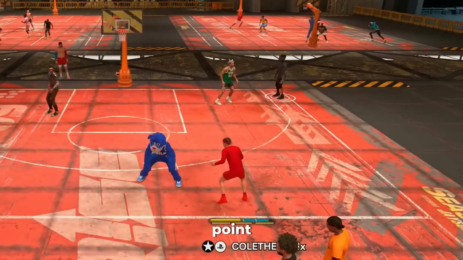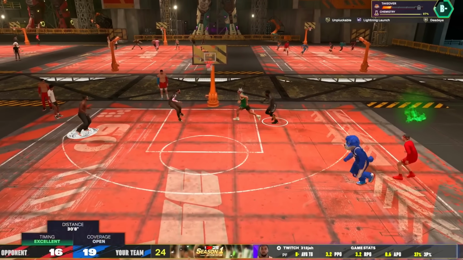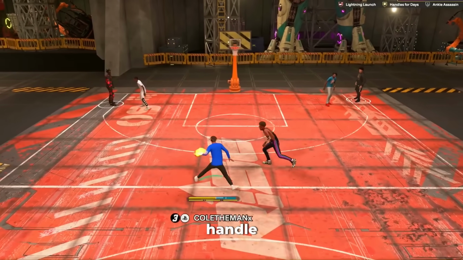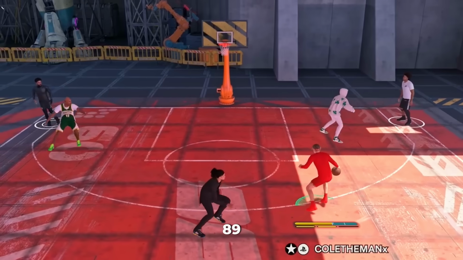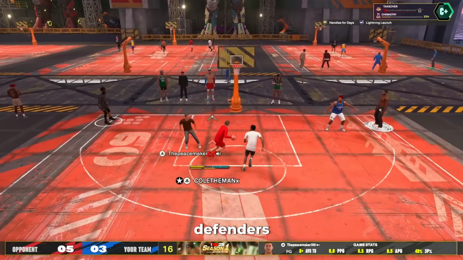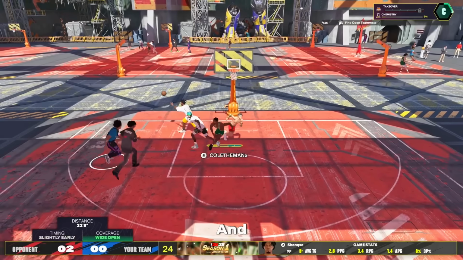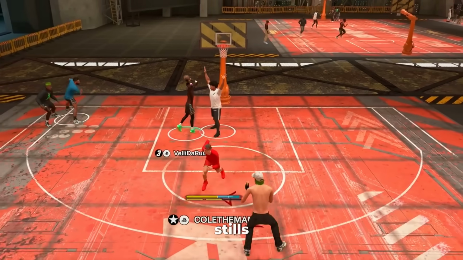My new 6'2" point guard build with a 94 3-point rating has me shooting deep like I'm Curry. It also gets a 92 ball handle, which allows me to speed boost and break ankles whenever I want. With an 89 driving dunk, I'm able to meter dunk every single time and put my defenders on a poster whenever I want. And with a 92 perimeter defense, I get so many bump steals that you would think I'm